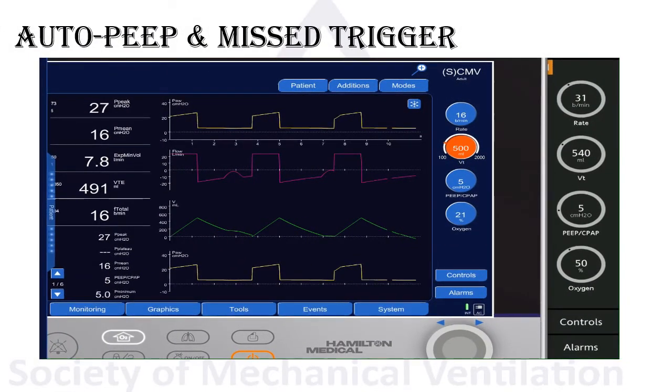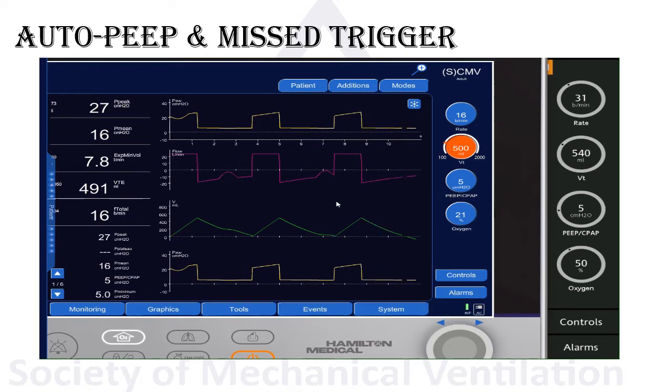This is another example of a patient on the volume controlled mode, again constant square waveform. You can see the airway pressure. This is an obstructive lung disease, again as we said, low expiratory flow and very slow decay. And something that's usually missed because the ventilator does not alarm about it is the missed trigger. Auto PEEP in this example, like the previous one, is a total PEEP of about 17, so it's an additional 12